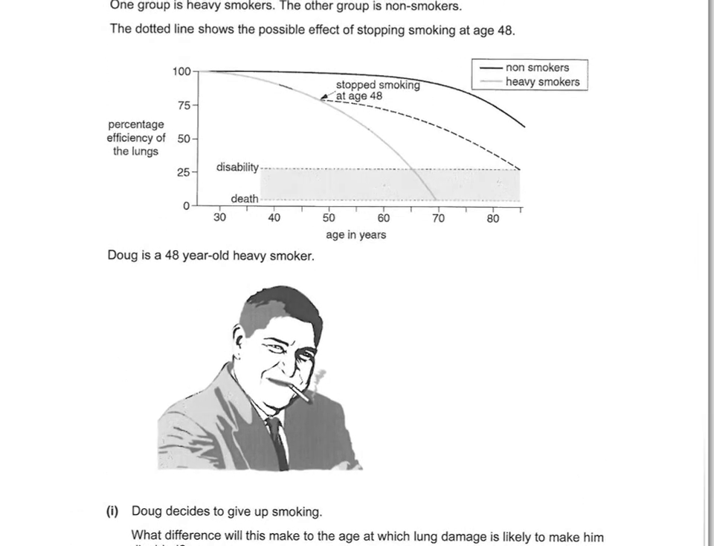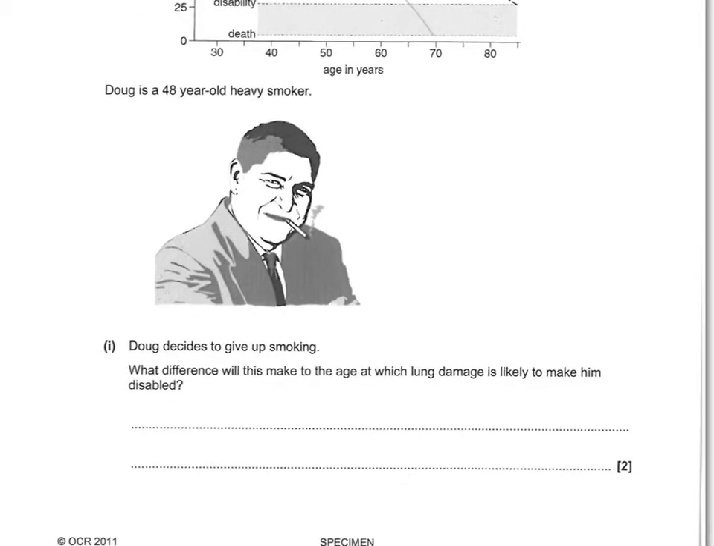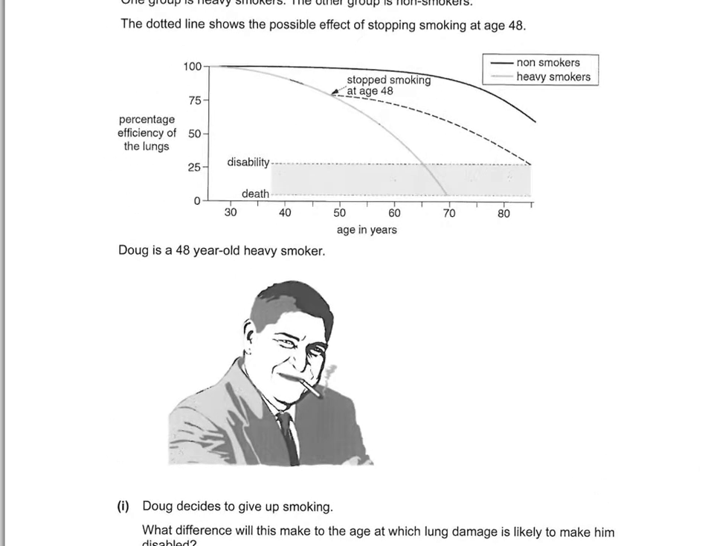So you can see that the efficiency of the lungs drops dramatically for smokers, but not so much for non-smokers. And then if you stop at age 48, it drops a bit slower, and the disability level is here. So essentially, it'll take longer for him to become disabled. And if you say how long, that's 20 extra years, if you look at where he'll become disabled if he doesn't stop smoking, and where if he does,